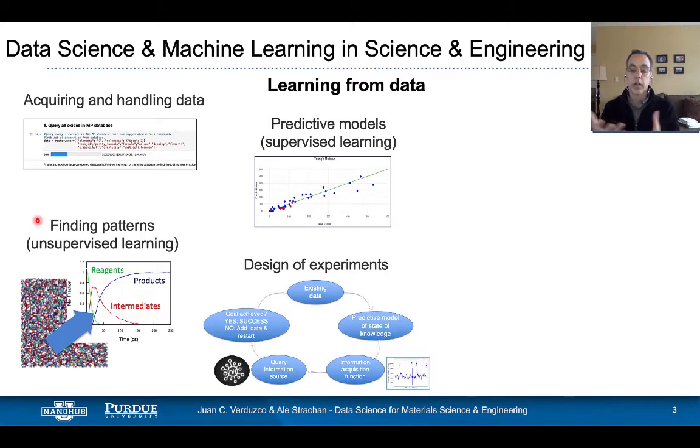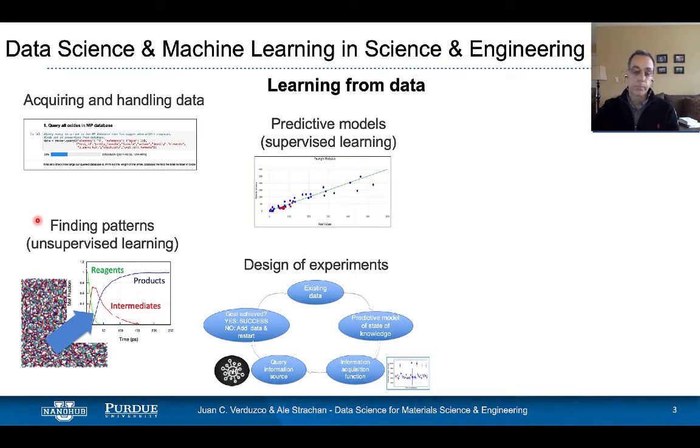And many of these things can be put together in design of experiment efforts, where you use the knowledge that you have on predictive models to determine what is the next experiment you should carry out to achieve your design goal.